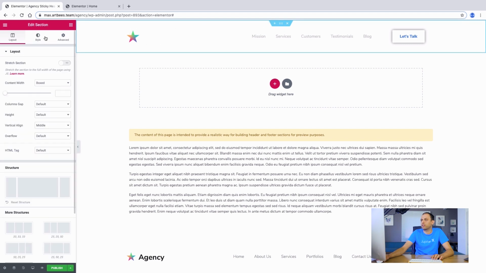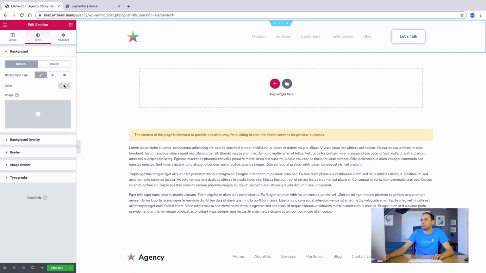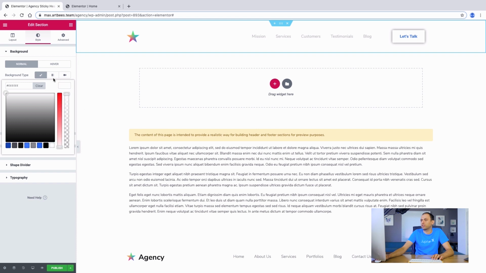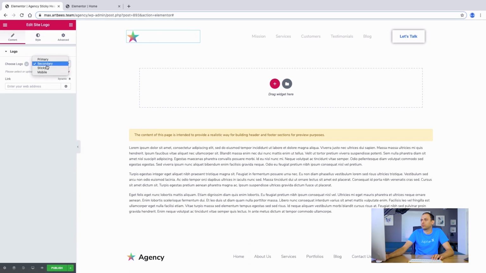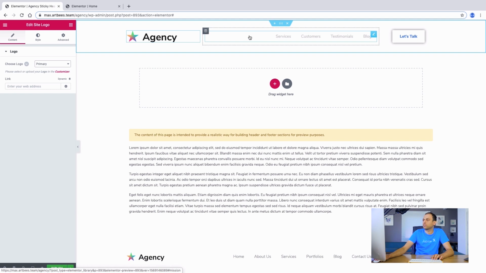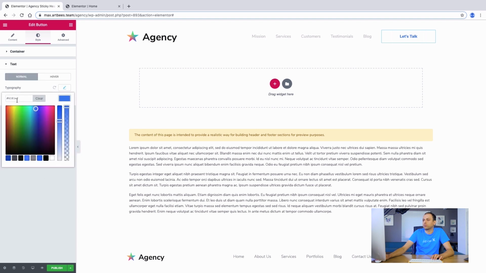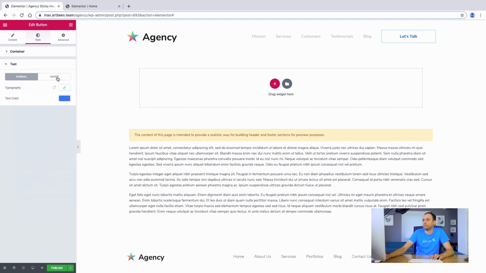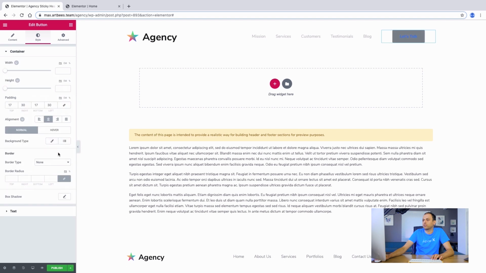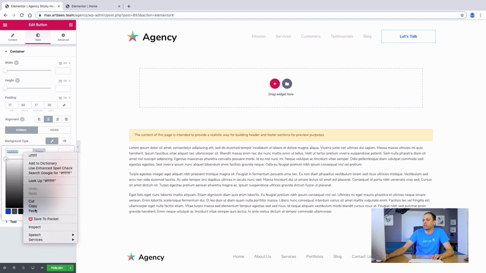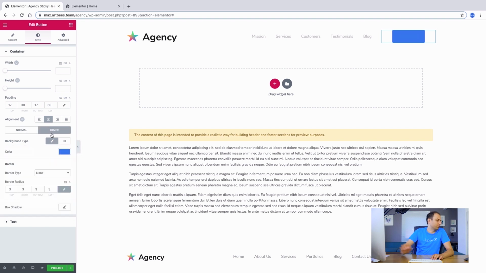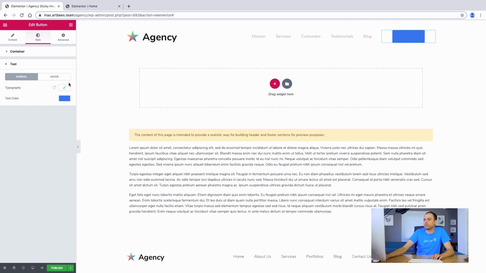One thing we should do is make the background white. This is the first thing that we should do. And then also let's change this to the primary, and also we have to do something about this button. Here we have to take the box shadow away and also choose the colors differently. Okay, let's make this like this. We'll take care of the rest in a bit. We don't need a hover effect for this, so we're just gonna clean this. And then for the text, we have the white one, and then for the hover,